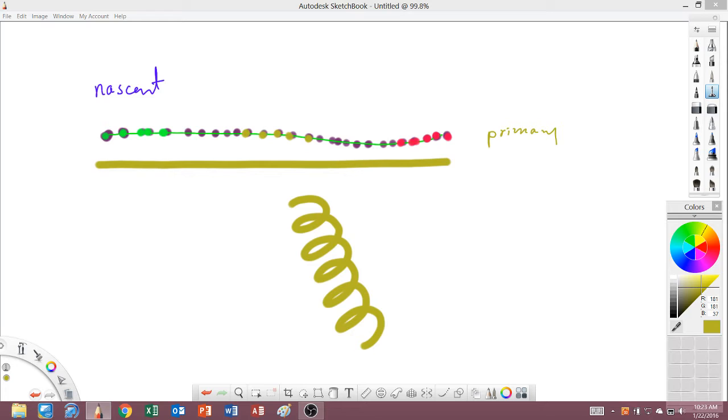As soon as it's released to water, it will start coiling. If it has that coiling property, there's only two shapes possible. One is coiling, alpha helix, or beta sheets. Beta sheets means they fold like paper. The protein will fold like paper. It's not coiled, it's just folding like paper. So this is known as beta sheet, and this is known as alpha helix.